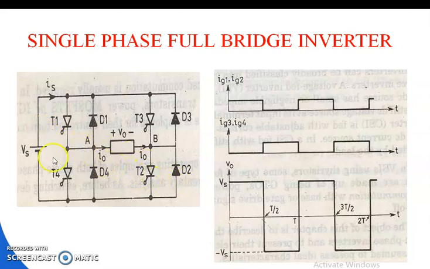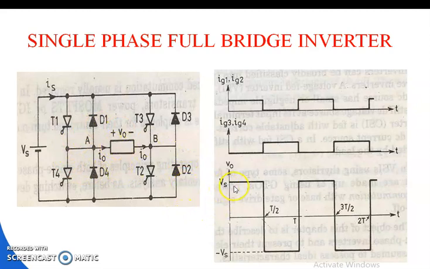Similarly, in the second case another pair of thyristors, T3 and T4, are turned on. Whenever it goes to a commutation mode, another pair of diodes, D1 and D2, will turn on. So the load current transfers from thyristors T3, T4 to the diodes D1 and D2. The path of the current will be marked here.